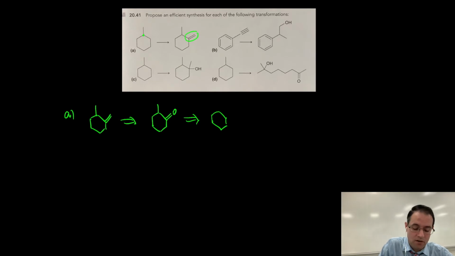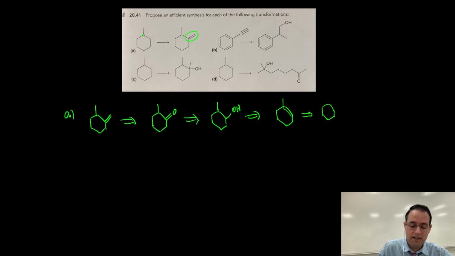They come from alcohols, right? Where do alcohols come from? Alcohols come from alkenes, okay? And where do alkenes come from? They can come from alkanes. We just talked about that in the previous slide. So for the synthesis here, I'm going to,